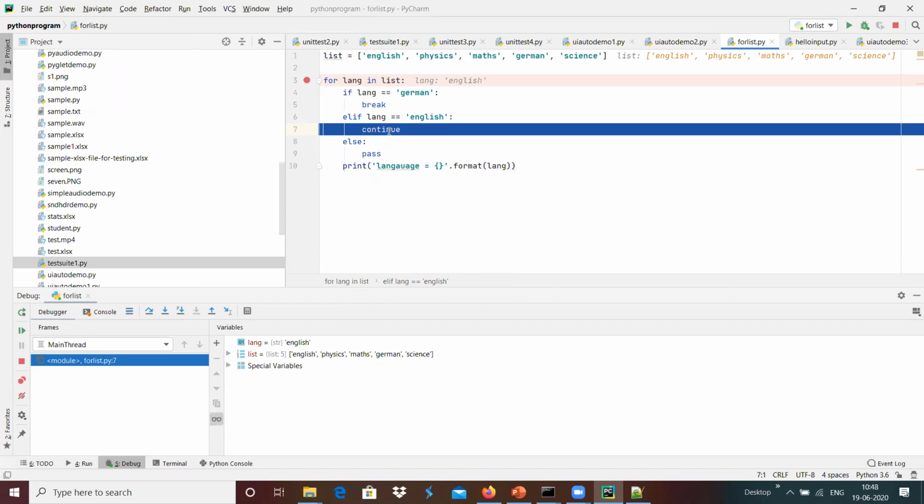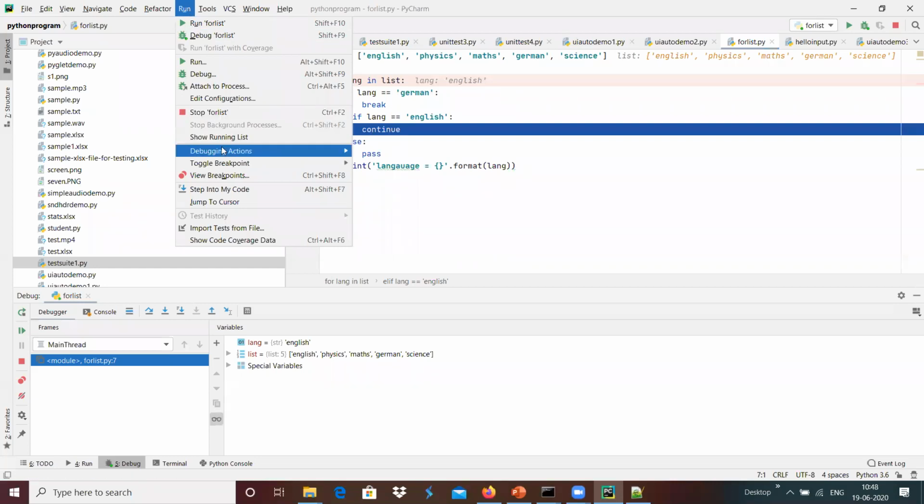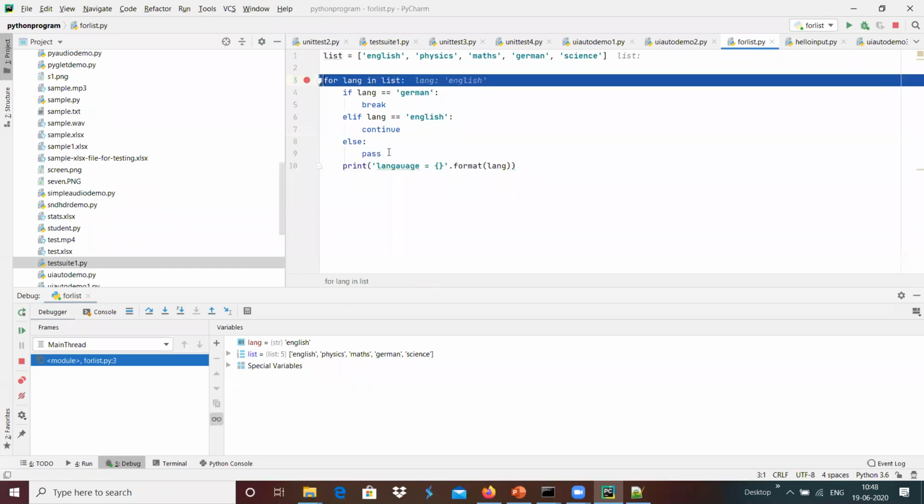current iteration and it starts the next iteration. Basically, the control should go to here after the continue execution that we will see over here. And I'm going to do step over again. Yeah, it stops the current iteration and goes to the next iteration, with the help of going back to the control of the for loop again, and it fetches the next value from the series basically.